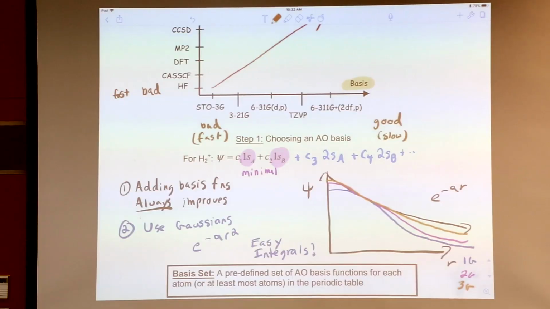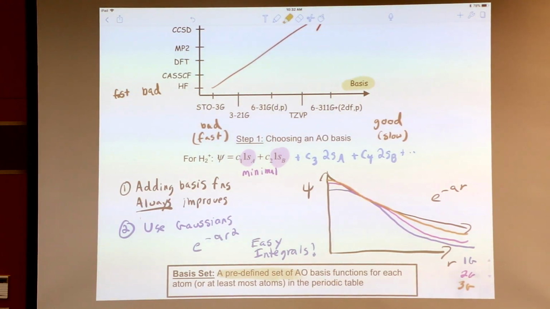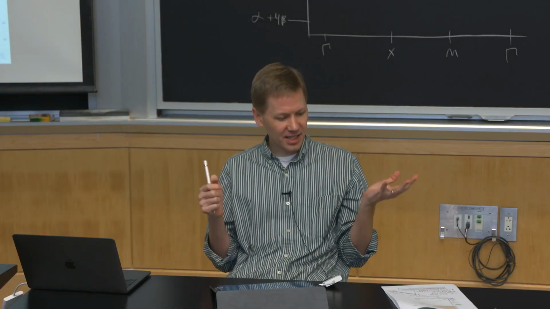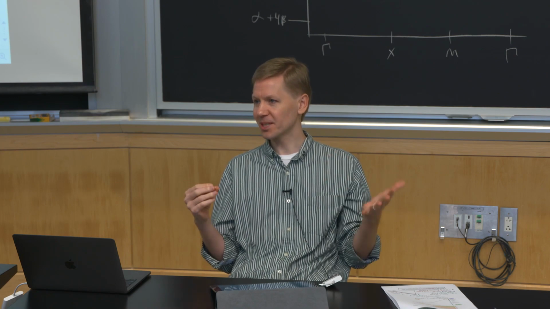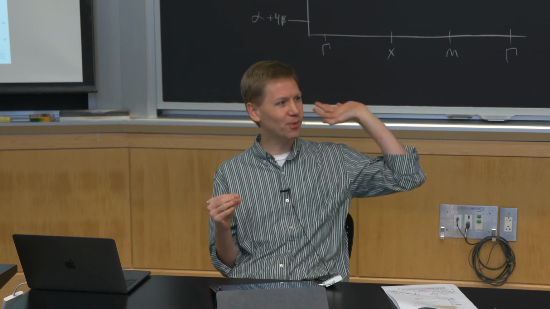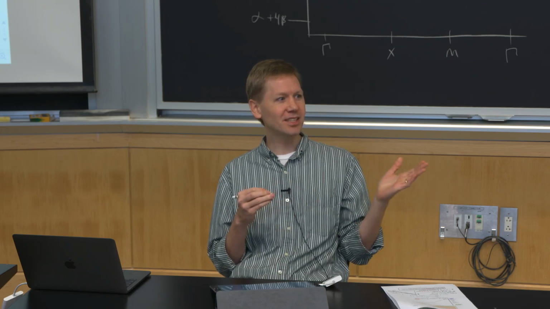And so the key idea here is that these are predefined sets of AO basis functions. So somebody already defined these. You don't have to make a choice. Other than choosing the set, there are no other knobs that you have to turn. So you can obviously see the benefit of this, which is you don't have to put down hundreds and hundreds of numbers in order to get the calculation to run. So that's a big win, which hopefully you'll remember for the next 25 minutes,